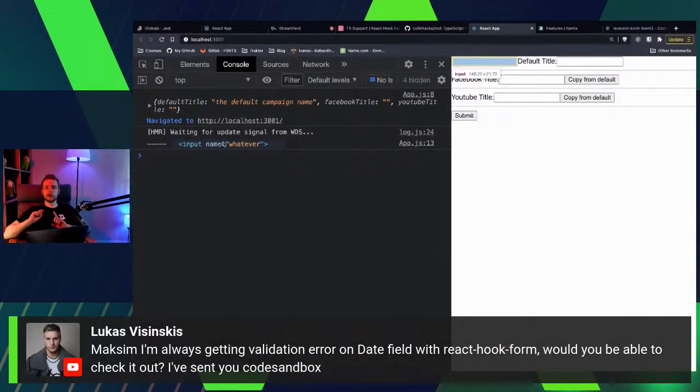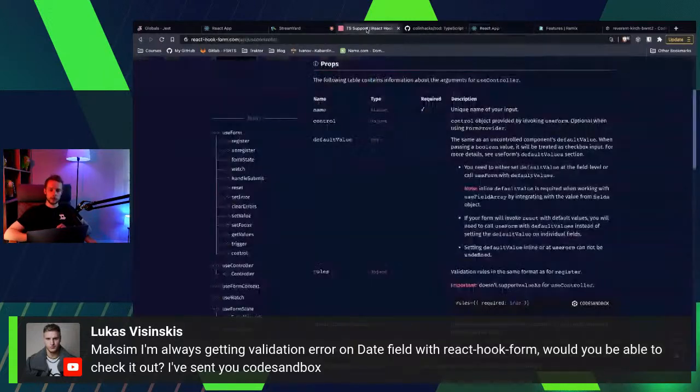This is what is supposed to happen. If it doesn't happen, it means that the component doesn't actually pass the ref anywhere, and it's not supposed to work with it. So what you should do in this case,